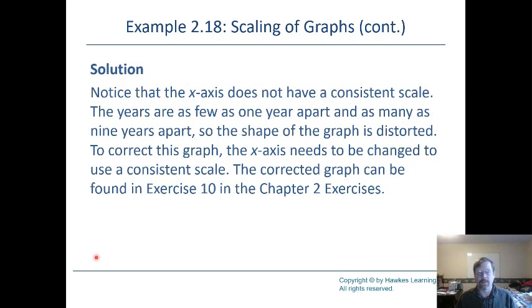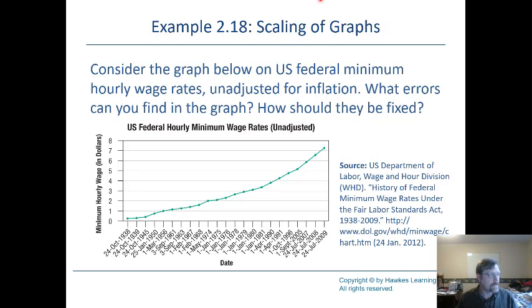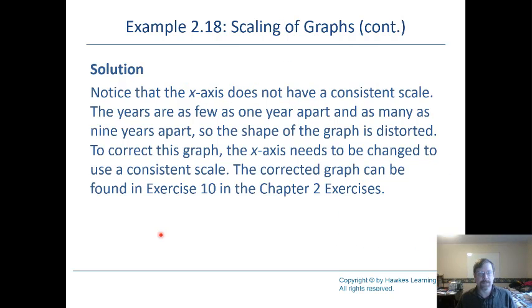Okay, so the first thing you need to note is that the x-axis doesn't have a consistent scale. Some of these are just 1 year apart, so October to October 1938. Suddenly we're jumping 6 years here, still in October. Suddenly we're changing seasons and jumping 5 years. The jump can get up to 9 years apart in places on that graph, so that the whole shape is